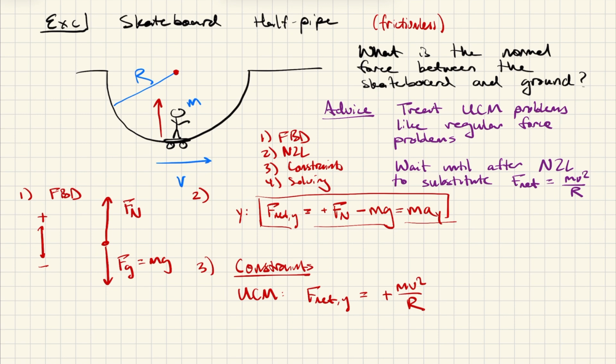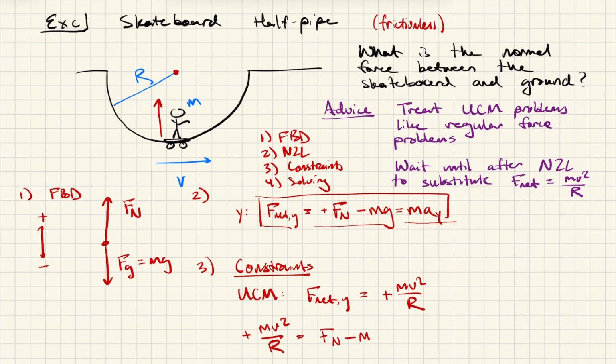And so now, just like any other constraint, if we knew the system was at rest, we could plug in a equals 0, right? But because we know this is UCM, we can plug in that the value of the net force must be mv squared over r. And so what I can do is substitute that the left-hand side of this equation, this F net part that I'm underlining here, has to be positive mv squared over r, and the right-hand side still remains Fn